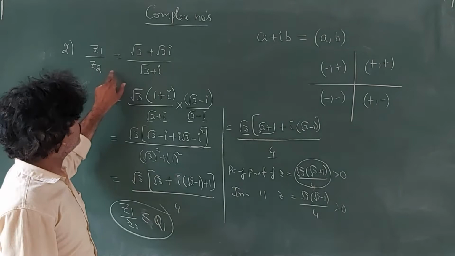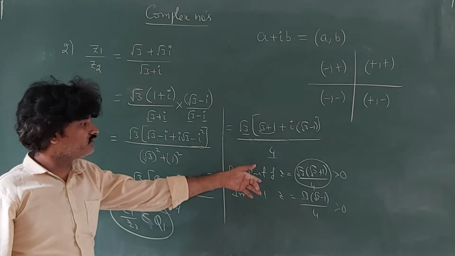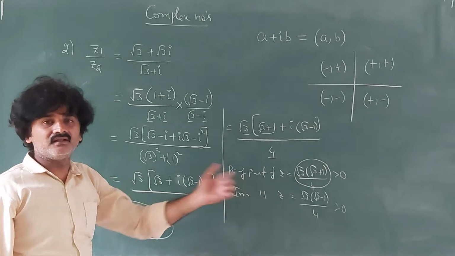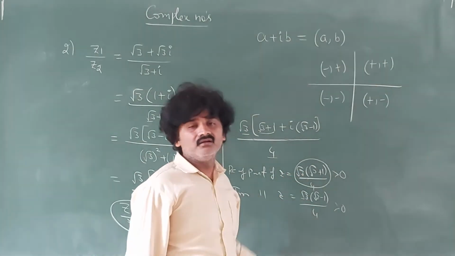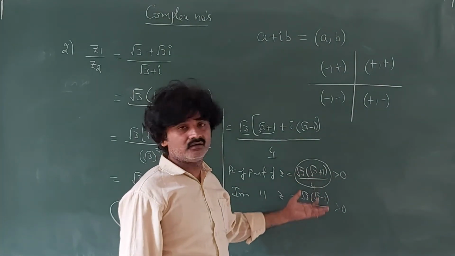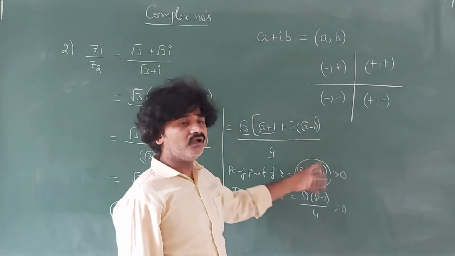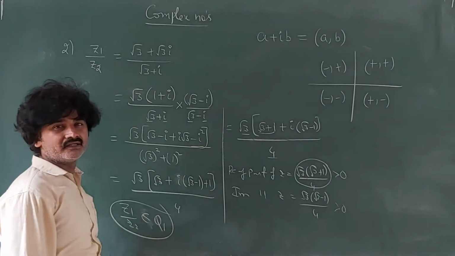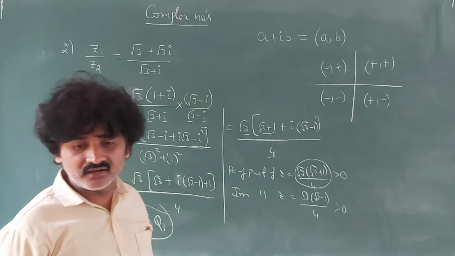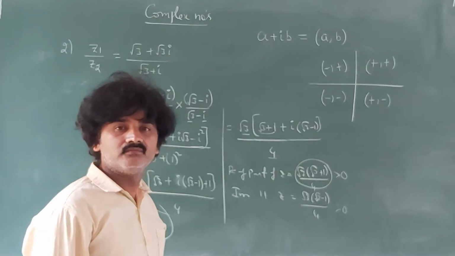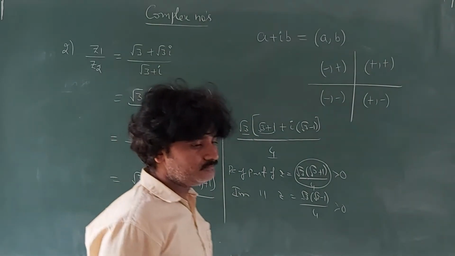Actually, without simplifying the complex number, you cannot say what the real part and the imaginary part are. Once you know the real and imaginary parts, and whether they are positive or negative, you can say which quadrant it lies in. So which quadrant is the answer? Right, the first quadrant. First option.